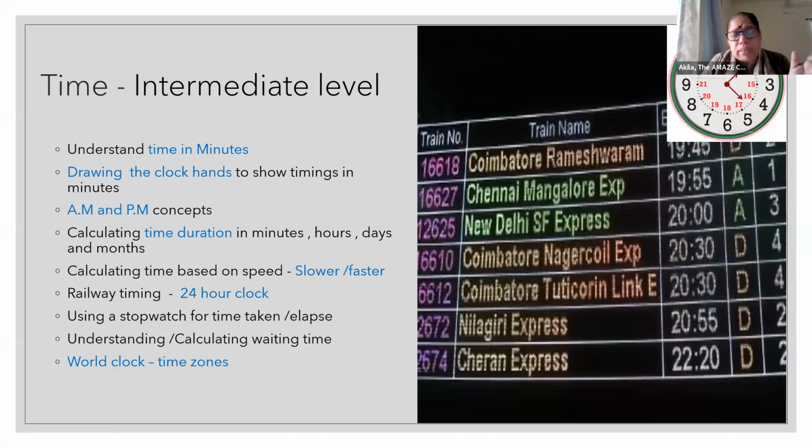calculating the time duration in minutes or hours or days or months or even years, calculating the time based on speed, what is slower, what is faster as a vehicle. So if I have to go from point A to point B, should I take my cycle or my car or the public transport? Understanding these concepts, railway timing, which is basically the 24-hour clock, to understand how to interpret the 24-hour clock,